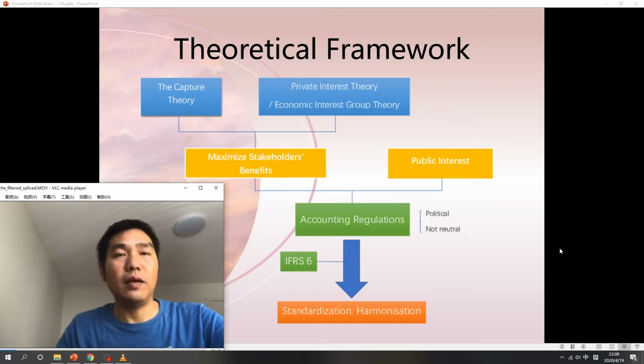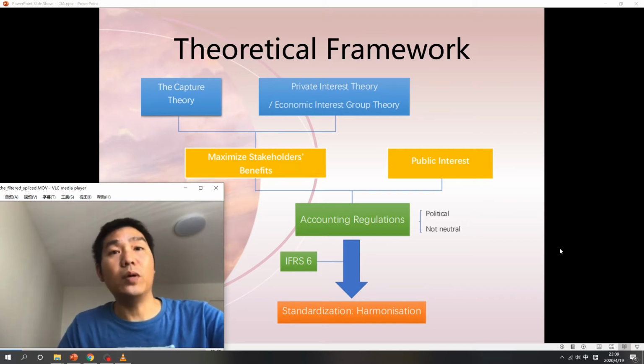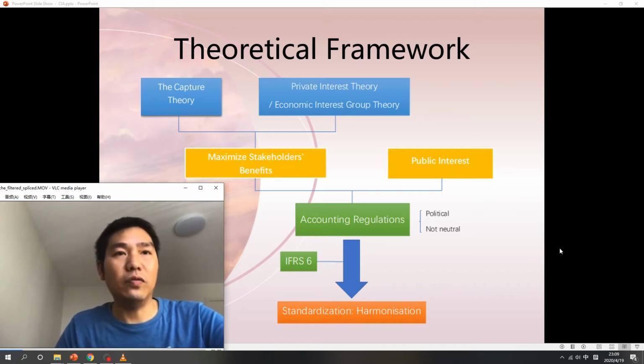The government makes laws and regulations to protect the public interest, not for its own best interests. Therefore, accounting regulations are required to supervise the activities of entities, but also consider public interest. However, the regulations will affect the distribution of wealth and power due to the social and economic impact of accounting regulation. Accounting regulation is a political process, undoubtedly. But according to the private interest theory, the national legislators and the regulators are also made up of individuals, so they will also tend to favor their own interests or those who fund them.